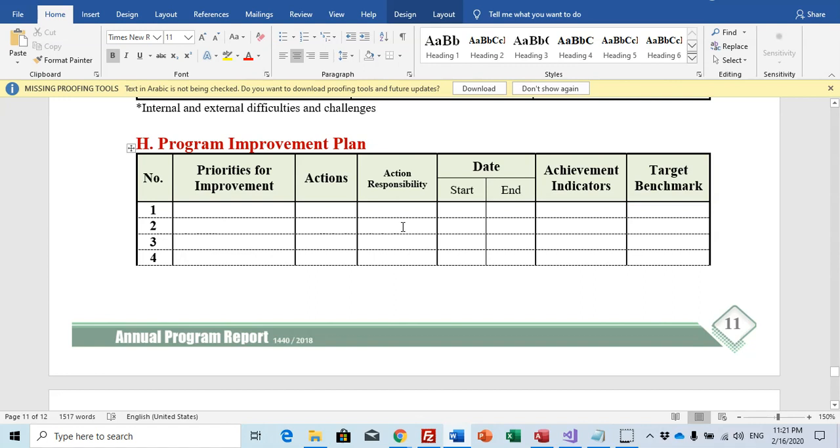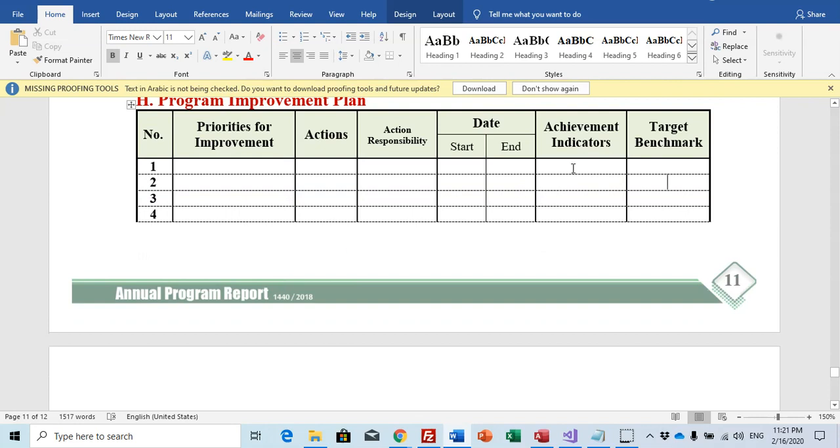The responsible parties are the advising committee and the instructors, in the first two weeks of the semester. The indicator is the percentage of withdrawn students. The target benchmark, for example, should be less than 5%, and so on. So you have to write your action plan. Your improvement plan should be related to your priorities for improvement and should be linked to the indicators.